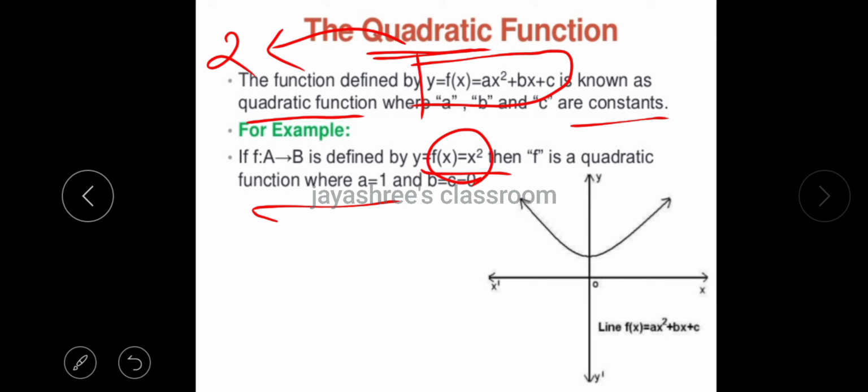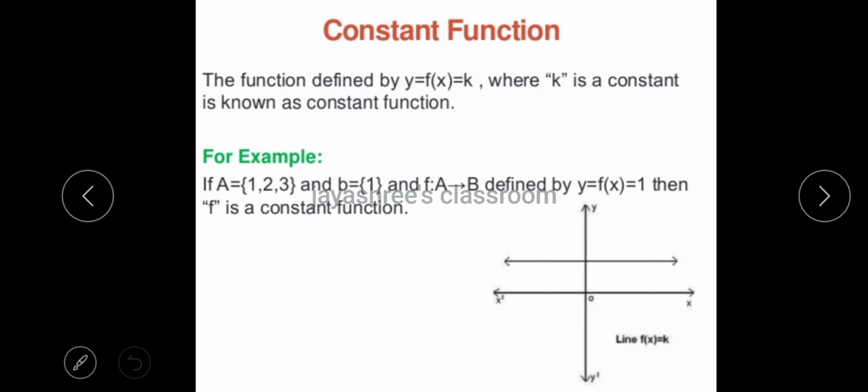And the graph will be a parabola or ellipse or hyperbola or circle, etc. Now we have the constant function. The function defined by f of x is equal to k, y is equal to f of x, that is equal to k, where k is a constant, is called a